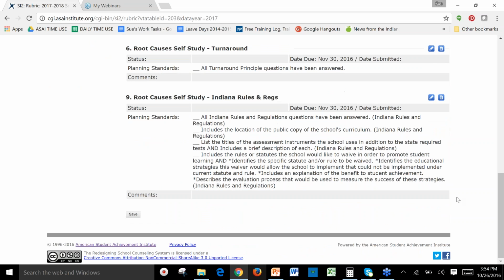And then this is one I just wanted to mention real quickly. Remember, we are verifying to the Indiana Department of Education that you have met all the requirements for PL 221. And so these are some things that we need to make sure that we eyeball in the root causes self-study for the Indiana rules and regs. So first of all, questions have been answered. And we have to check to make sure that you've told us where the copy of the school's curriculum is